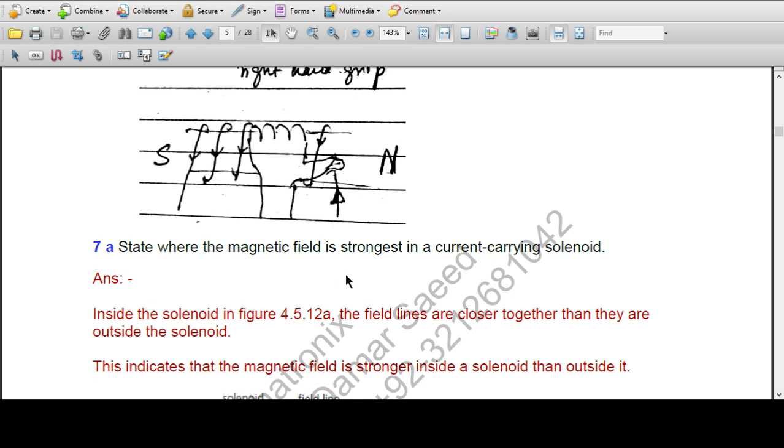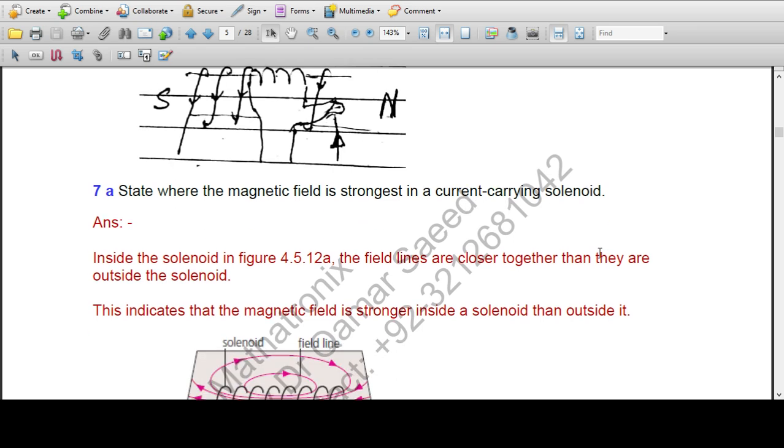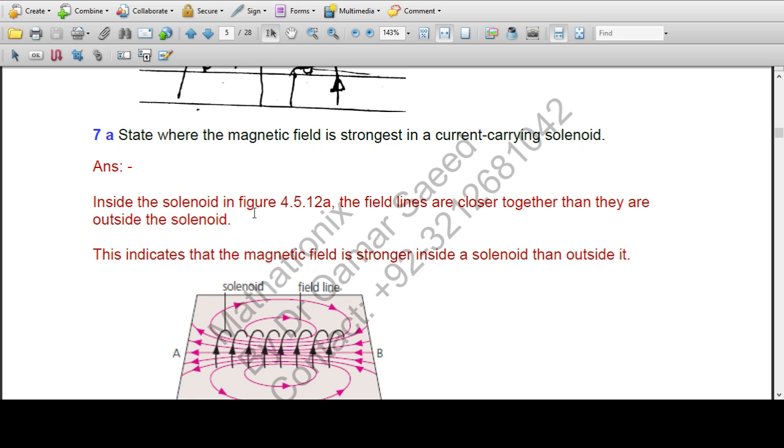State where the magnetic field is strongest in a current carrying solenoid. In a current carrying solenoid, the field lines are closer together when they are inside the coil. Closer together. The field lines are closer together when they are inside. This is inside the solenoid, and